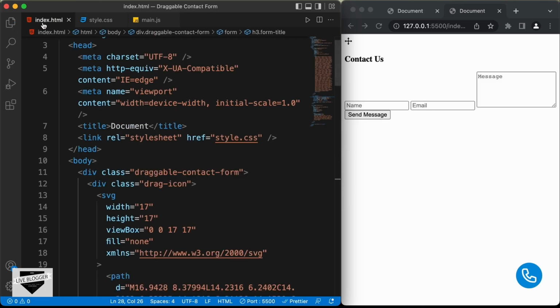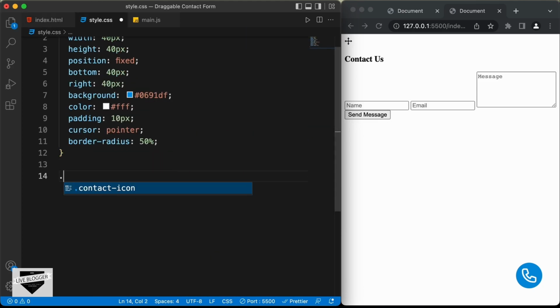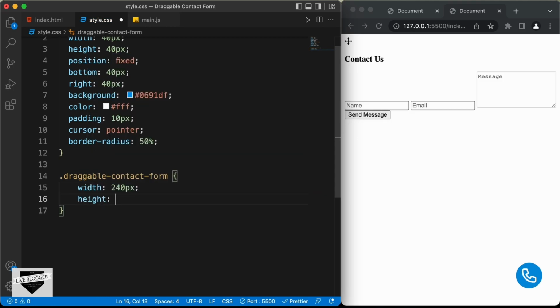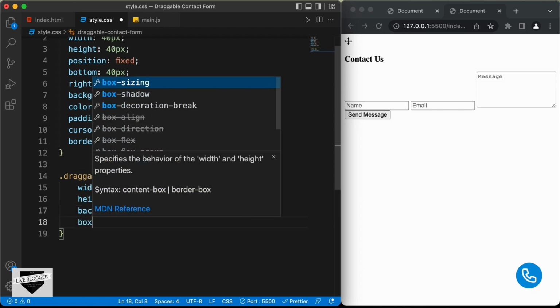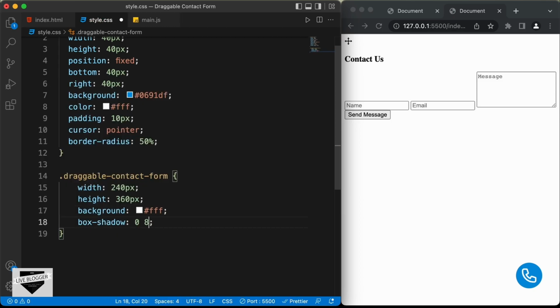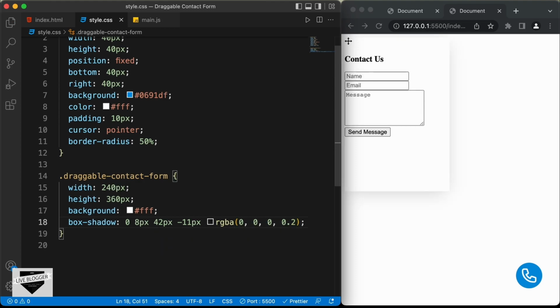Right now the next thing we will do is style this draggable contact form division right here. So let's type draggable contact form, and we'll set a width of 240 pixels, and let's set a height of 360 pixels, and we'll set the background color to white, and let's add a box shadow, and let's set the values to 0, 8 pixels, 42 pixels, negative 11 pixels, RGBA, 0, 0, 0 and 0.2, and let's set the font family